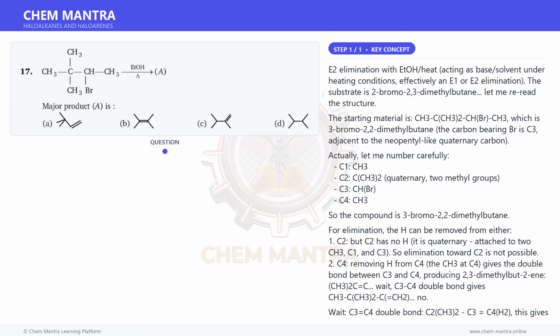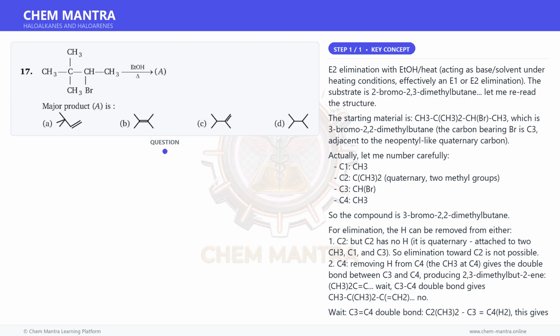Loss from C3 gives (CH3)2C=C(CH3)2, 2,3-dimethylbut-2-ene, trisubstituted, more stable by Zaitsev. Loss from C1 gives CH2=C(CH3)CH(CH3)2, less substituted. The Zaitsev product is 2,3-dimethylbut-2-ene, which matches option B,